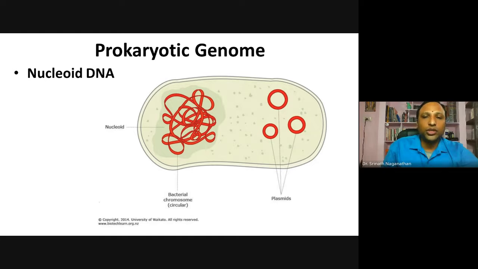Let's see about the prokaryotic genome. The DNA present in prokaryotes is called nucleoid DNA. It is circular DNA in a twisted form, and during cell division, it attaches with the cell membrane or the mesosome. They also have another extra chromosomal DNA within them. These are called plasmids. They carry different information, like for fertility, for reproduction, as well as for some resistance genes, which help the bacteria during their vegetative state as well as during any harsh environment.